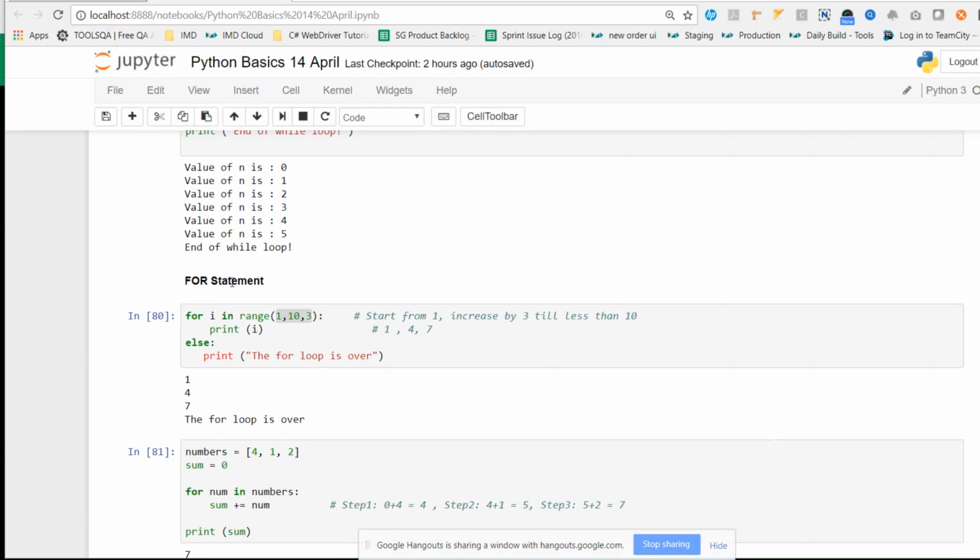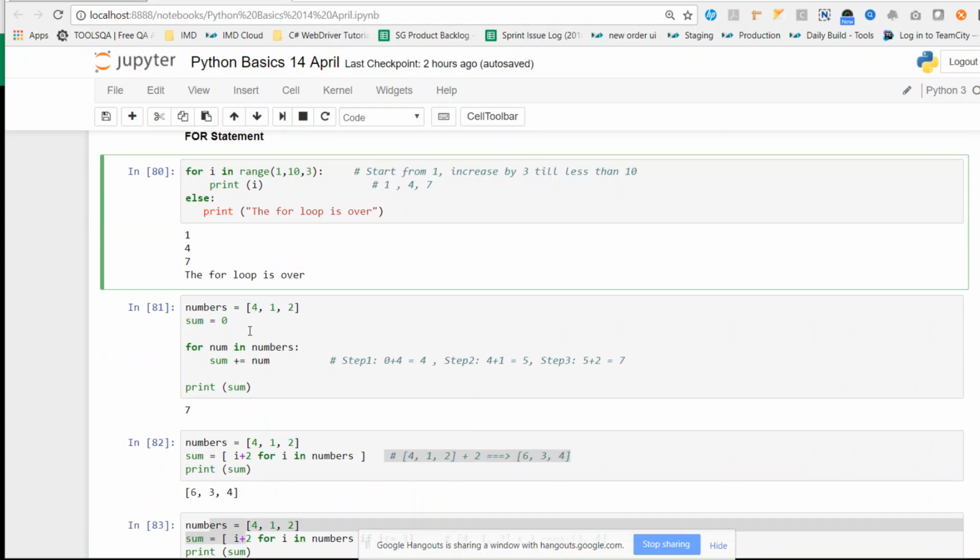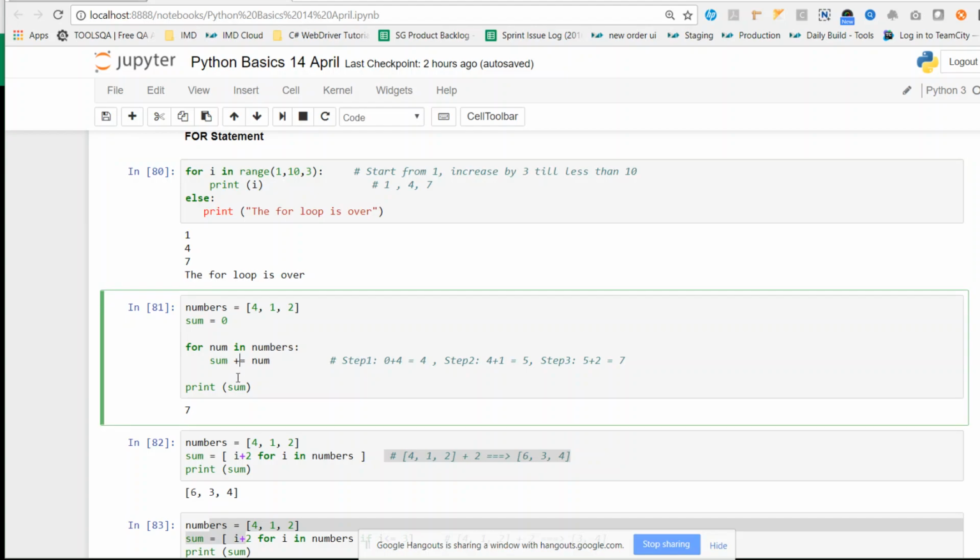This, the for loop? Okay, the one with the list of numbers, and you have num plus. This one? Yeah, that one. Okay, number 81.